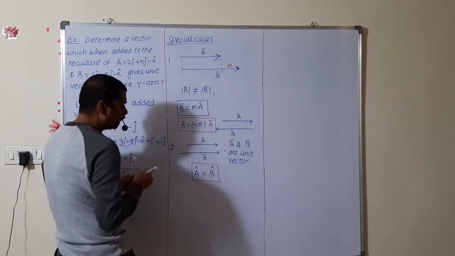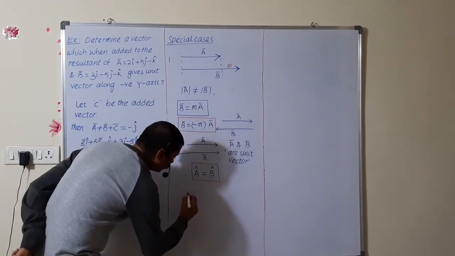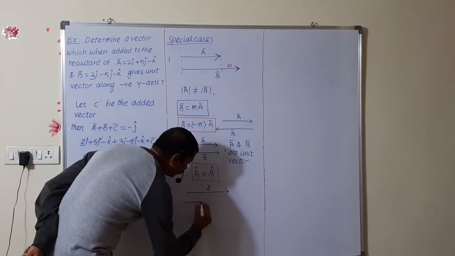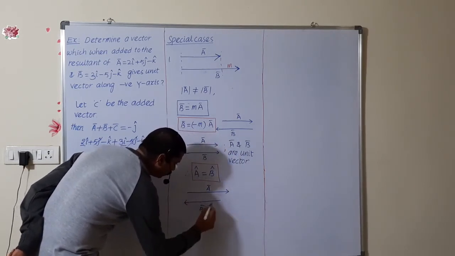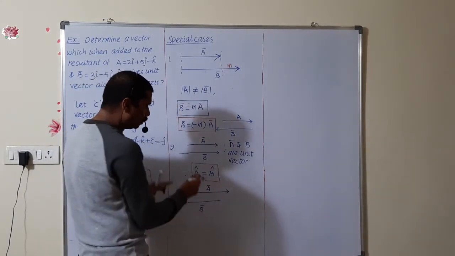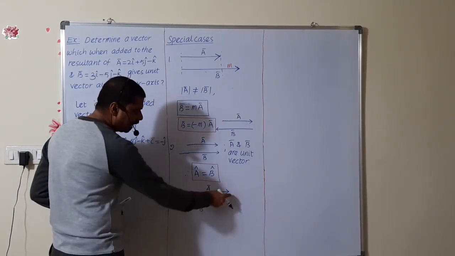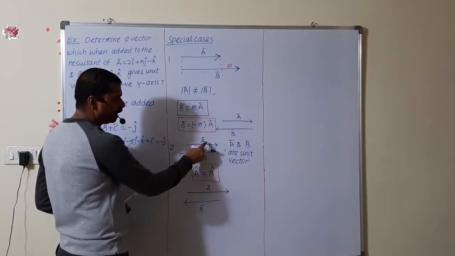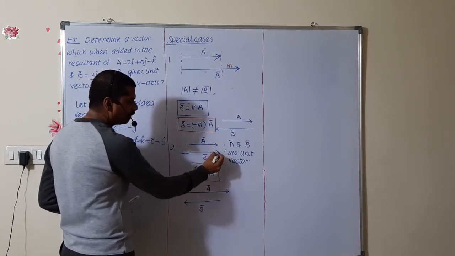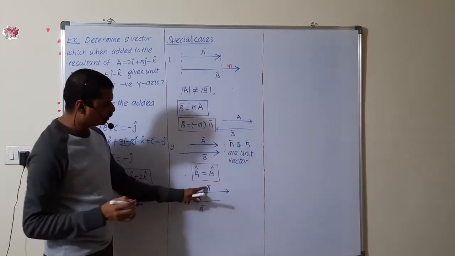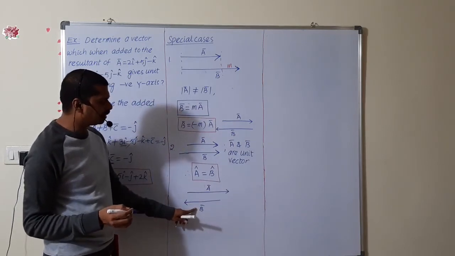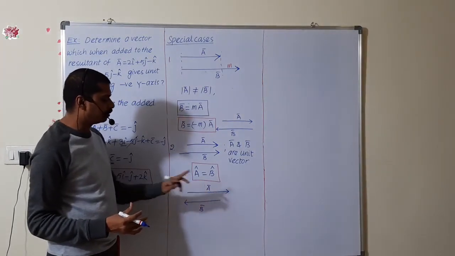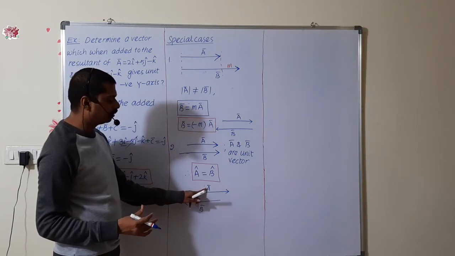If the two vectors are anti-parallel, if one vector is moving like that, this is A vector, and the other vector is moving like that, it is B vector. If these two vectors are unit vectors but moving in anti-parallel directions, the magnitude is the same here. With different magnitudes but moving in the same direction, we say parallel vectors. Here also two vectors have the same or different magnitudes and opposite direction, otherwise anti-parallel with respect to this one, or negative vector with respect to A vector.